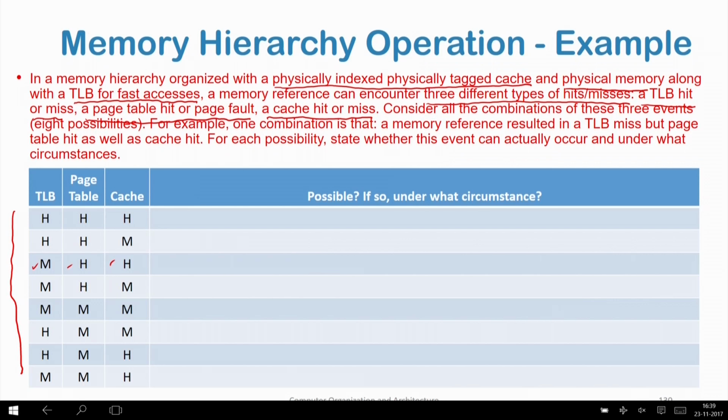For each possibility, we need to state whether this event can actually occur, whether it is possible in practice that a given combination of hit or miss will occur, and if so, under what circumstances. For example, can we have a hit in the TLB, a hit in the page table and a hit in the cache? Yes, we can. But obviously, when I have a hit in the TLB, what happens? So, this is possible,